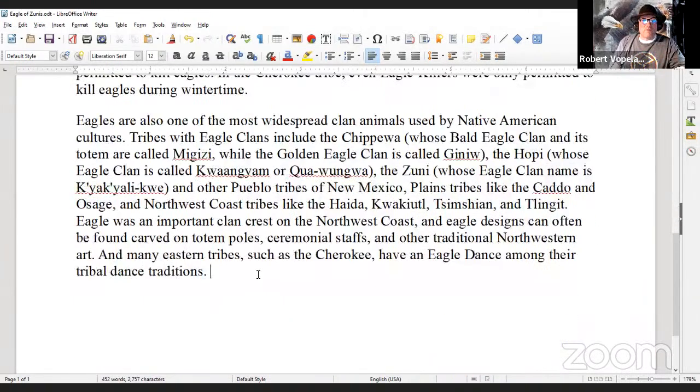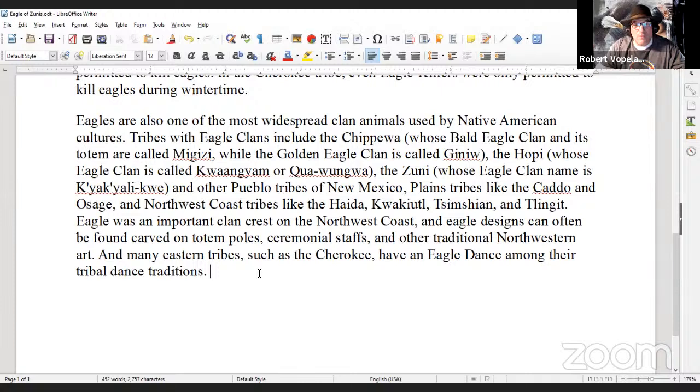Eagles are also one of the most widespread clan animals used by Native American cultures. Tribes with eagle clans include the Chippewa, whose bald eagle clan and its totem are called Migizi, while the Golden Eagle clan is called Giziwa.